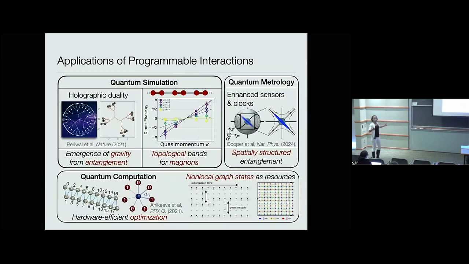I showed on the previous slide some examples of graphs that you can embed in 3 dimensions. We've also explored exotic coupling structures that can't be thought of as just embedding the sites in a Euclidean geometry, that make the system look like it lives in a curved space and connect to ideas of quantum gravity. But another direction that I want to share in the last few minutes is taking this toolbox and asking, can we use it for some explorations of topological physics?